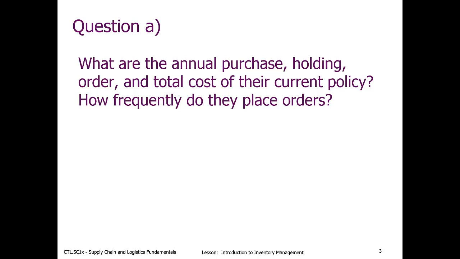So let's look at the first question. What are the annual purchase, holding, order, and total cost for the current policy? How frequently does the Coop place its order? Let's look into the information that has been given on the first slide, or the problem statement that I read